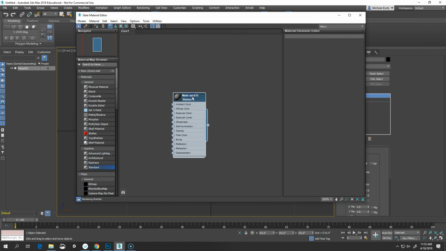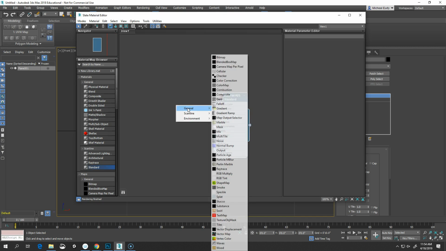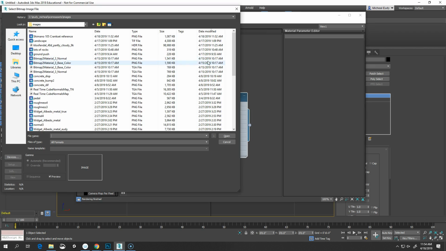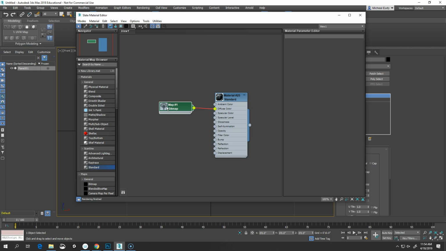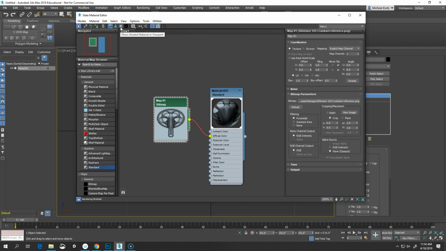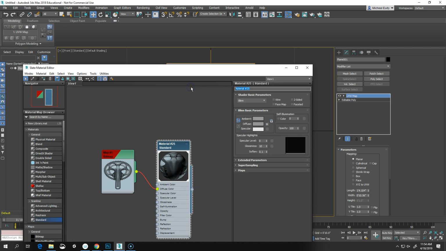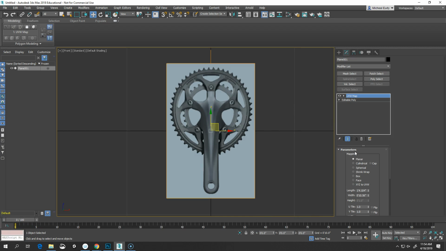Okay, we're just going to get a regular standard shader put on it. And then I'm going to load my image in there, my reference image. Okay, and I'm going to go up here and click to turn it on so I can see it in the viewport. And then we'll see it in here. I'm going to go ahead and name my shader so we don't get confused. And you'll see it's distorted,